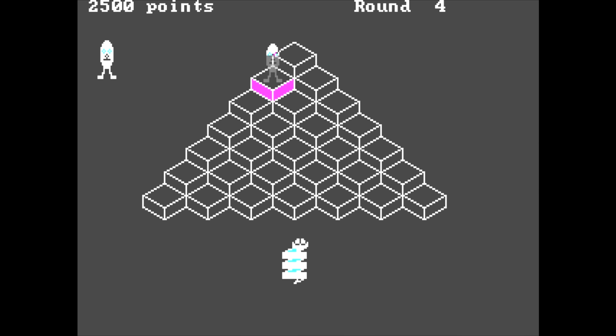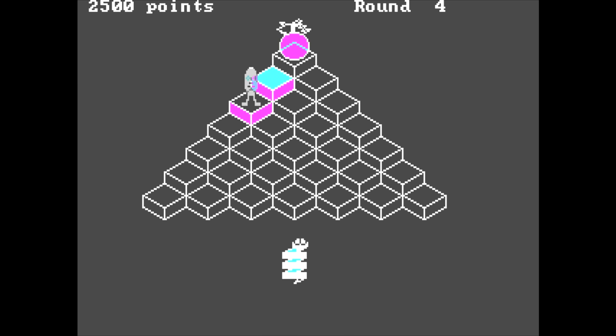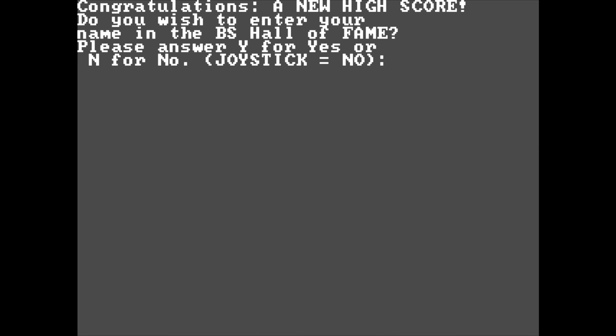Okay, I actually made it past the 3rd level. Normally I'm actually pretty bad at Q-Bert, so I'm kind of surprised that this is going as well as it is. Whoops, I accidentally jumped off the map entirely. Congratulations on a new high score. You wish to enter your name in the PS Hall of Fame. I'm pretty sure it means Bert and the Snake, but...